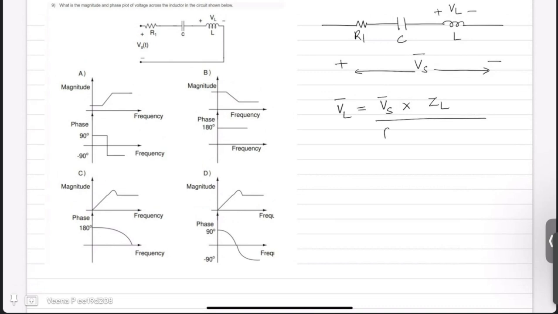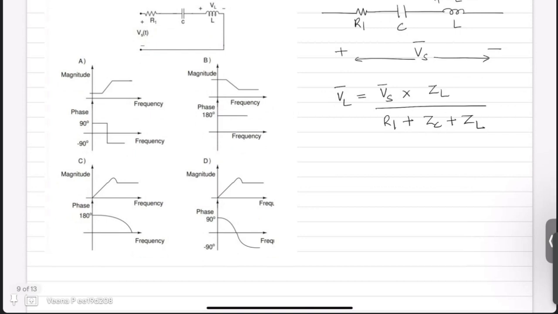Since it is a series circuit, the equivalent impedance is R1 plus ZC plus ZL, where R1 is the resistance, ZC is the impedance of the capacitor, which is given by 1 by j omega C. ZL is the impedance of the inductor, which is j omega L. Substituting these values, VL comes out to be Vs times ZL, which is j omega L, divided by R1 plus ZC, which is 1 by j omega C, plus j omega L,